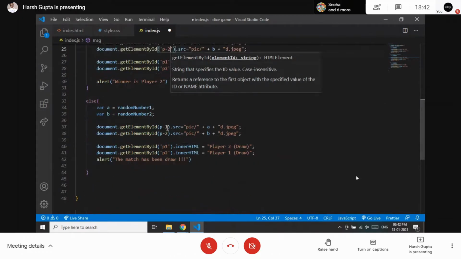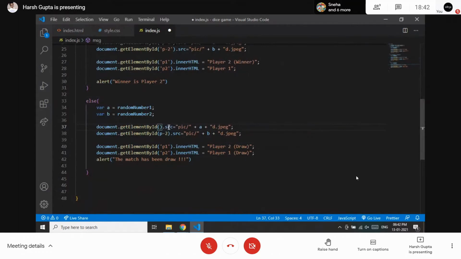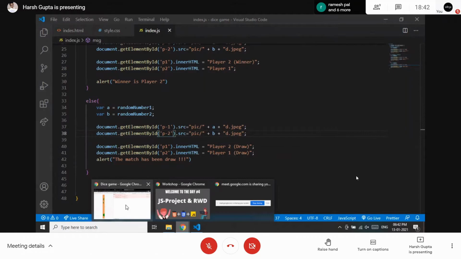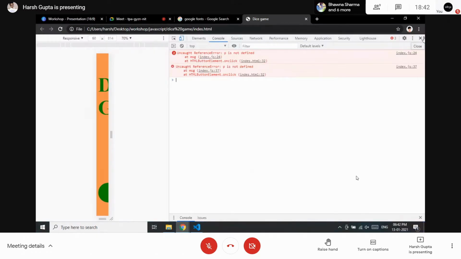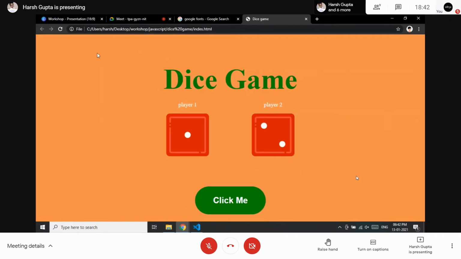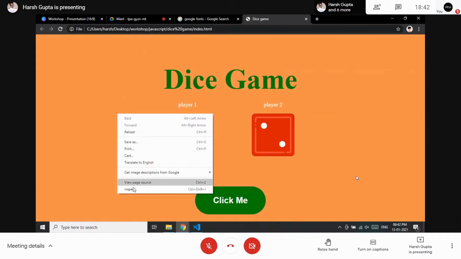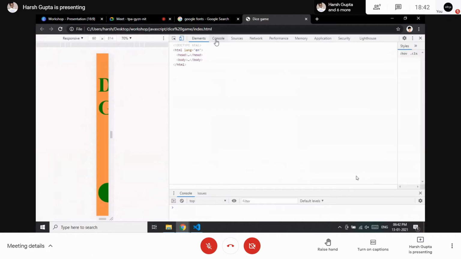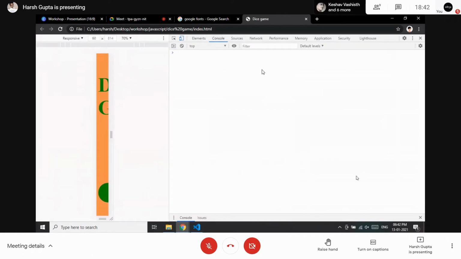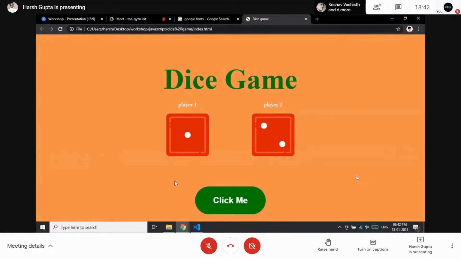Now on the third section, which is the last section, P-one, and again we have P-two. Okay, save this file. Now hopefully it should run. Let's try again. Okay, no error is coming now. I'm refreshing this and checking if any error is occurring. We don't have any browsing error. So let's click on this. Now it is working.